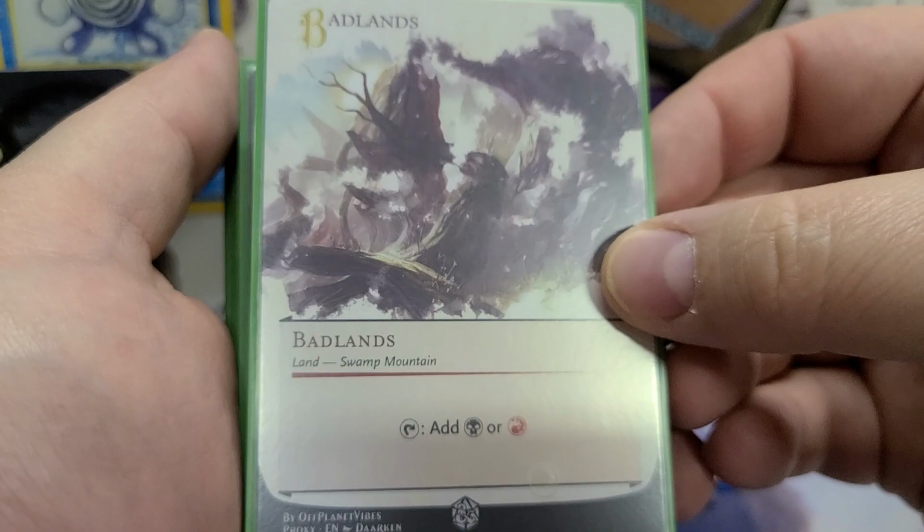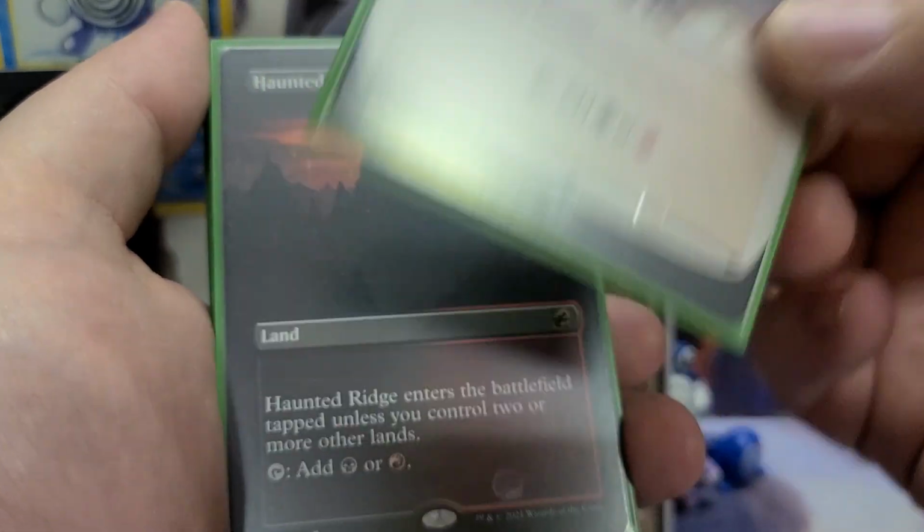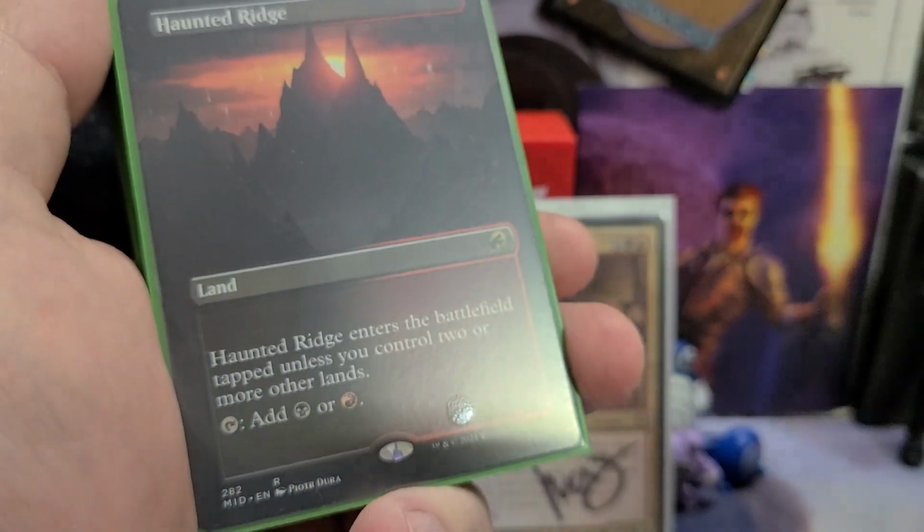I want to get another one. But a lot of times, by the time I start winning, people start bitching, well, you play with a proxy, that's not fair. It's like, shut up. Even if I just had a mountain in here,